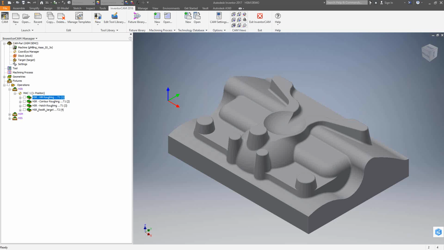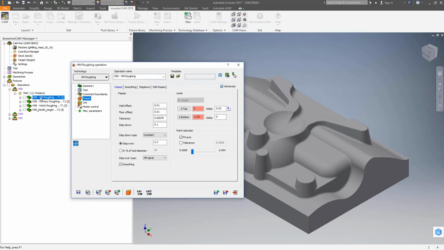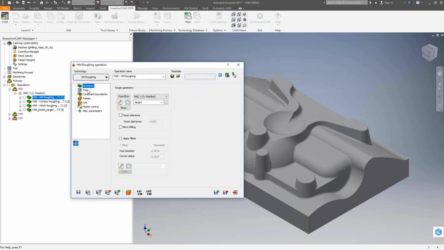So HSR is another target-based roughing toolpath from InventorCAM, and it's relatively simple to program. It's similar to some of the other 3D toolpaths you would have seen in this series of videos. So let's begin with the very first option that you'll see when you open up the HSR toolpath, and that is the HM roughing. So the way we program this is we start with the geometry, much as with all